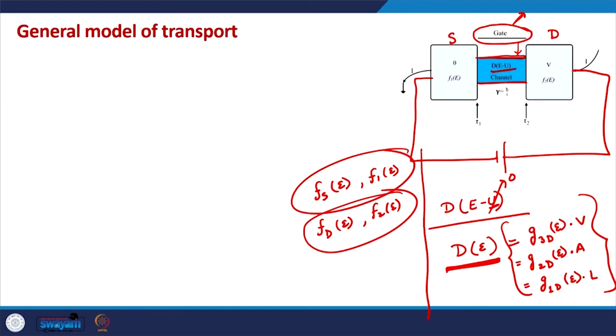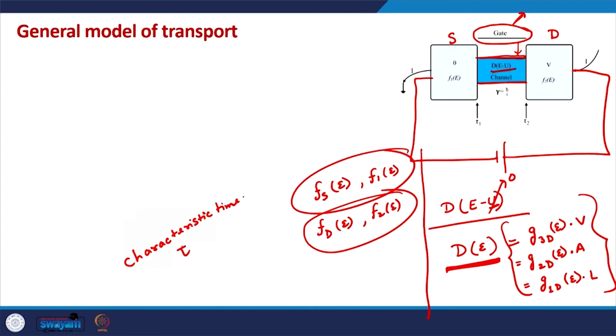So, that will lead to scattering mechanisms in the system. So, in our simple transport model, the contact and the channel, or the source-channel and the drain-channel contact, is modeled by a new parameter